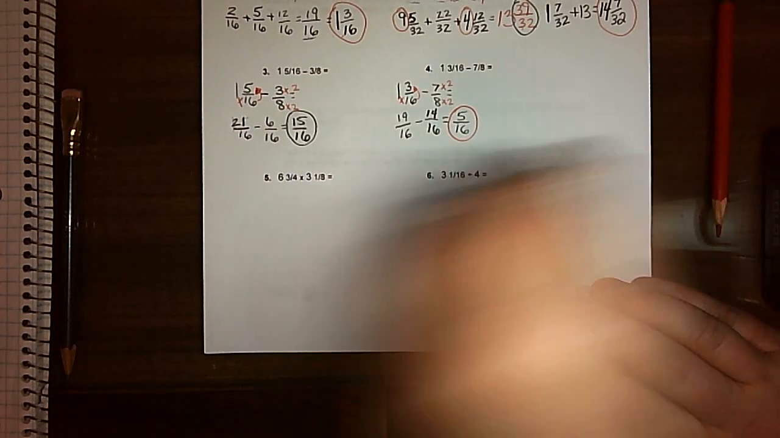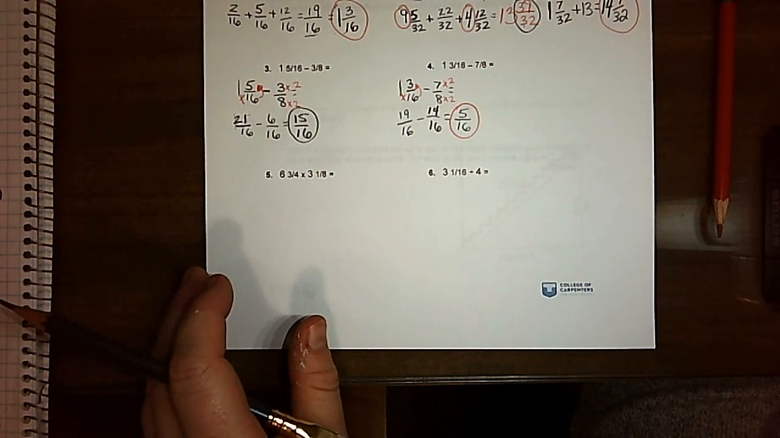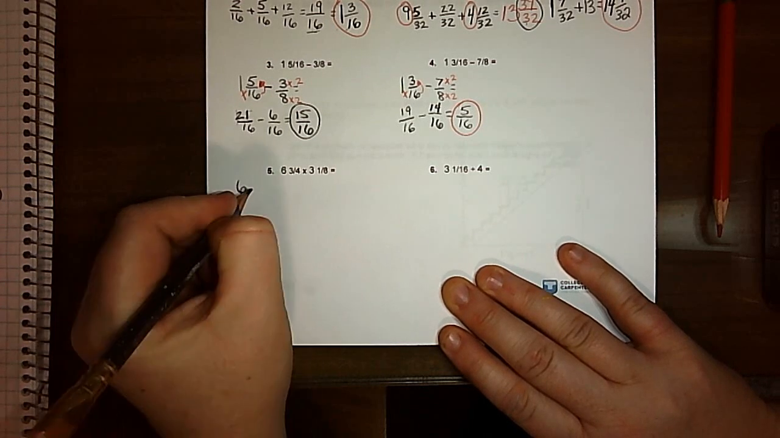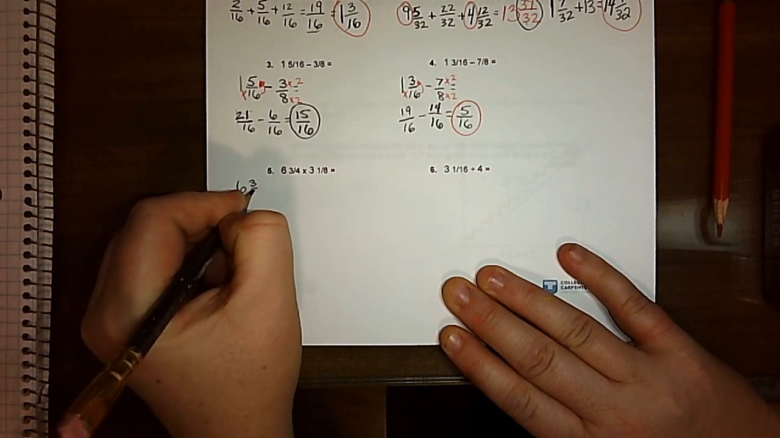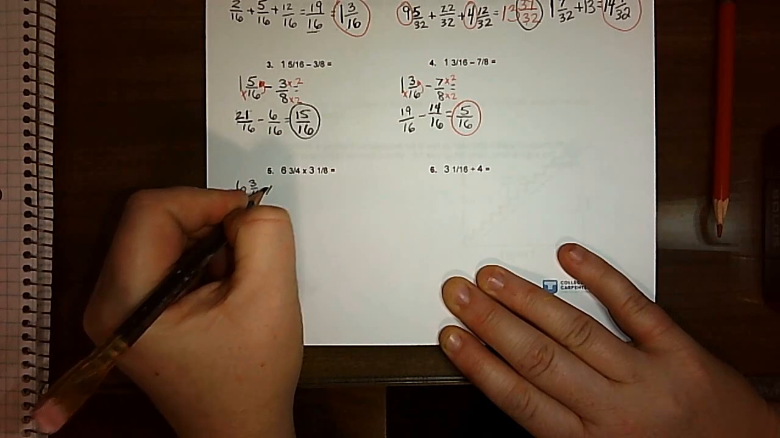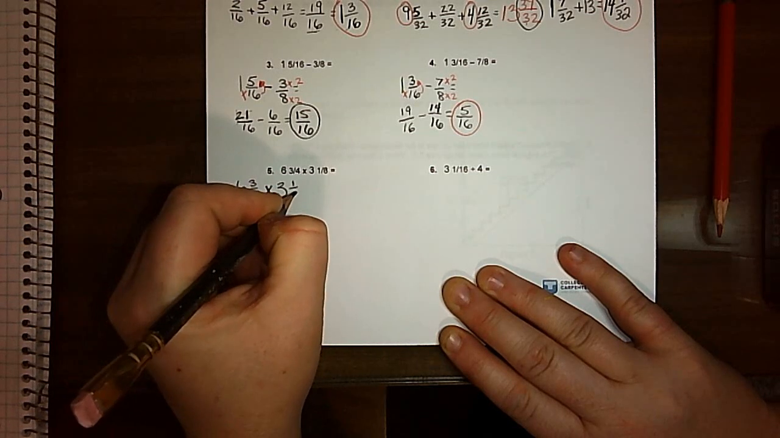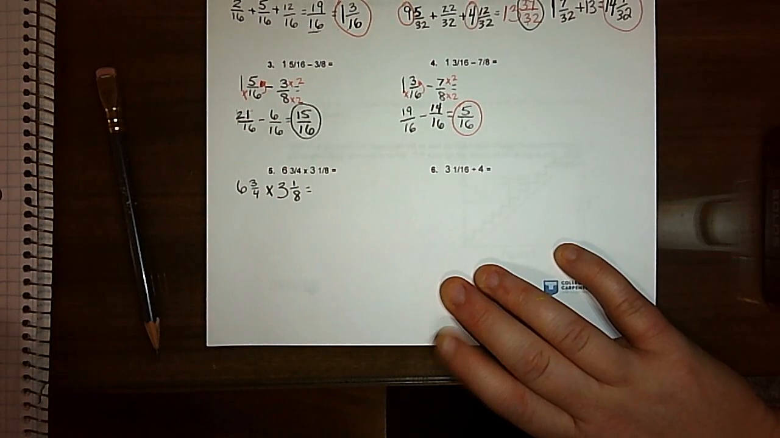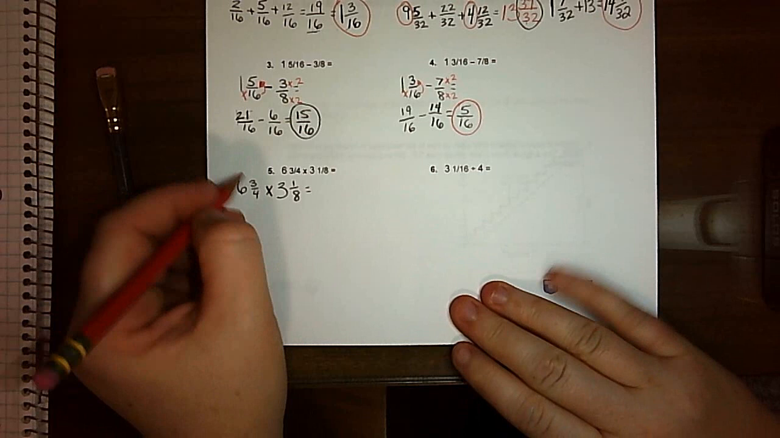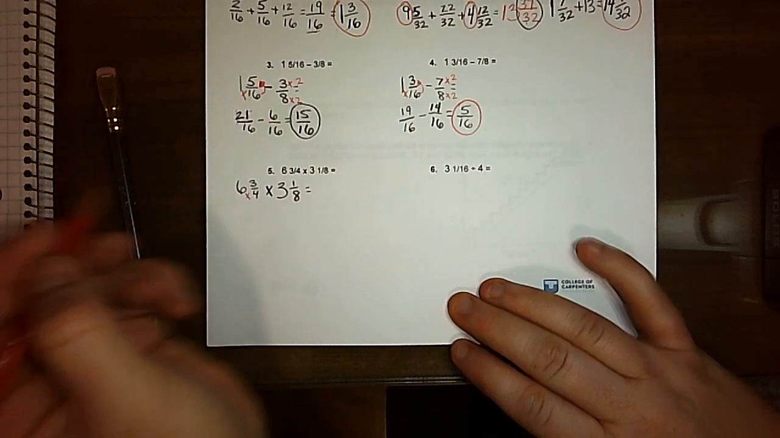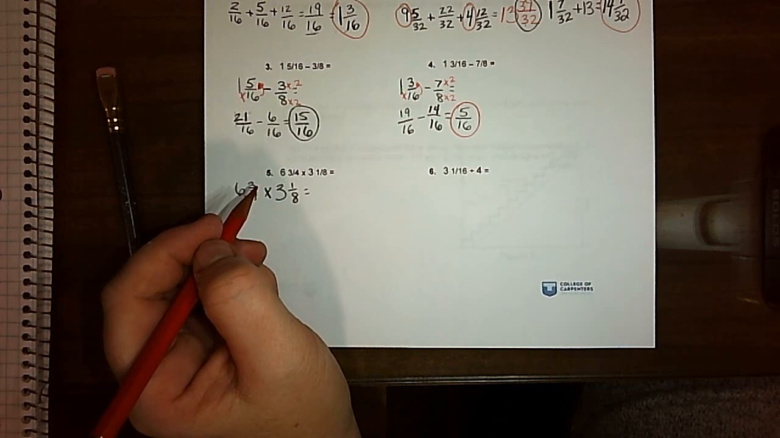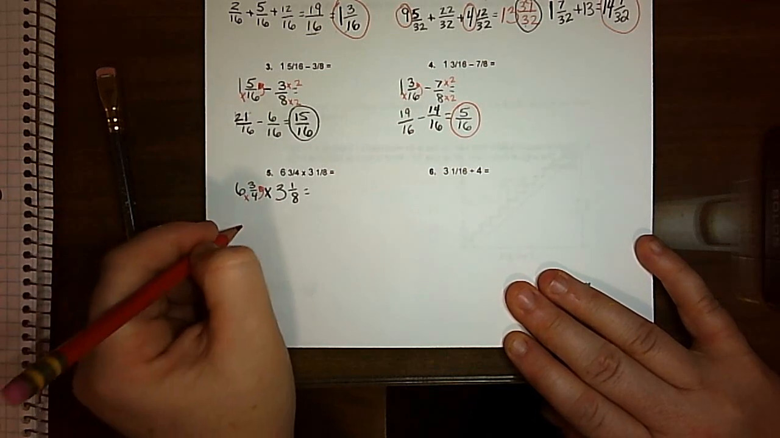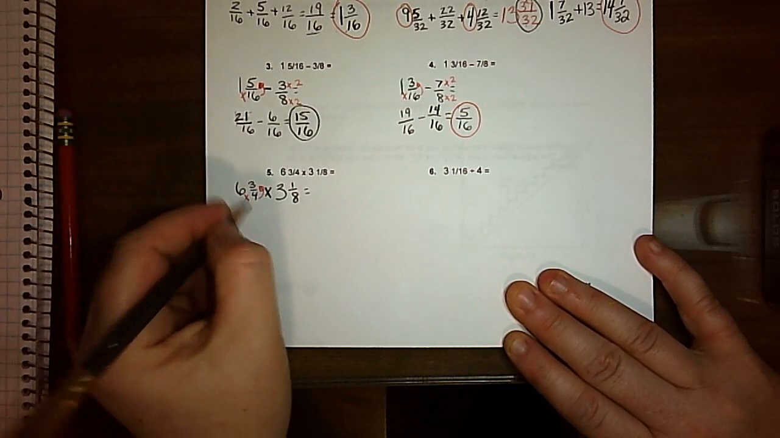All right. So here's the times table one, or the multiply. Again, I'm going to write it out to clarify. 6 3/4 times 3 and 1/8. Right, we're going to turn those into mixed fractions. Okay, so 6 times 4, what do you get? 24. Yeah, 24 plus 3 is 27. Right, so 27